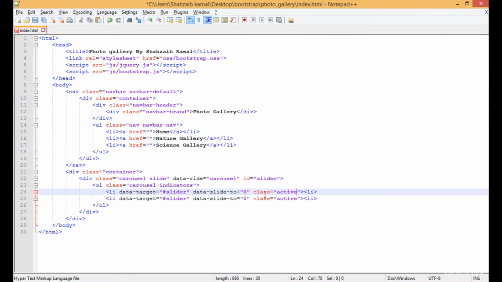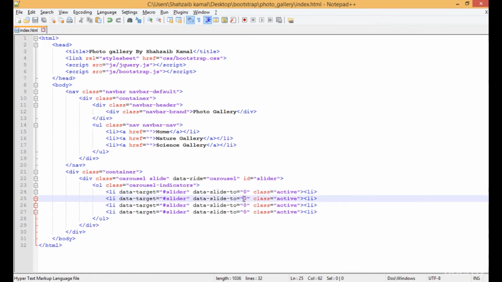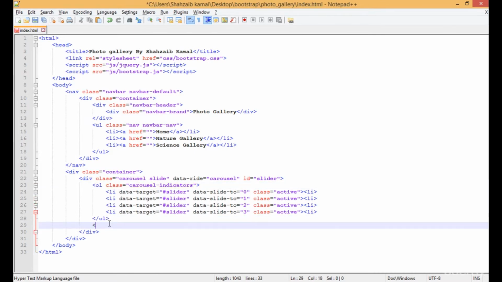Okay, perfect. Well, just duplicate it four times. This should be 1, 2, 3. Now save and just go down just after the OL. Okay, after the indicators, this should be clear that I'm creating the div after the indicators, not inside the